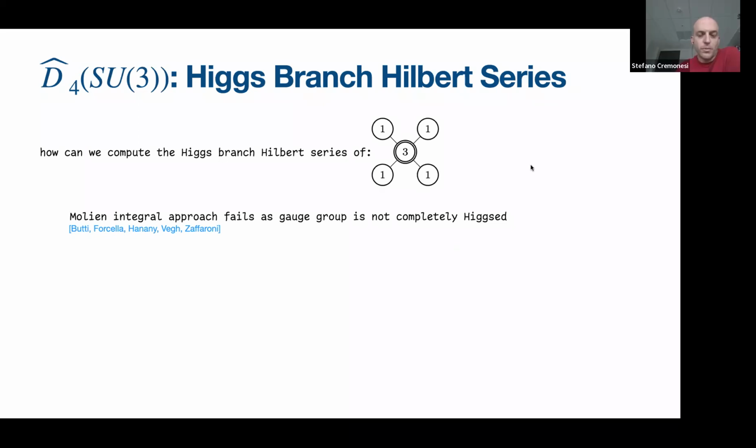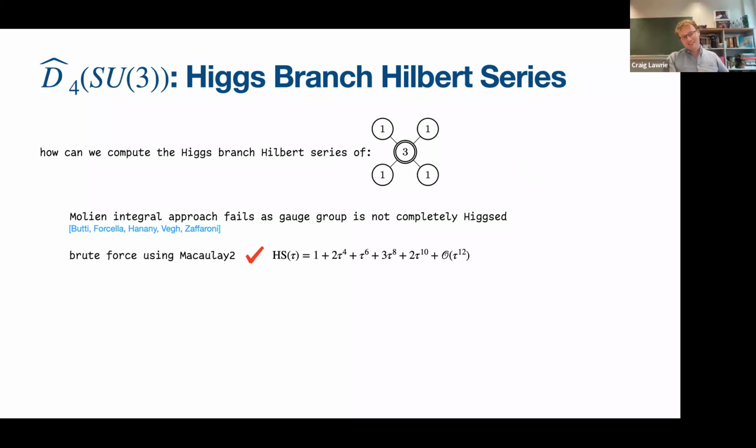Sorry, what do you mean by that? I mean, I can plug in the F-term equations into Macaulay and calculate the Molien integral. It's just that the naive integrand is not the correct one. Indeed. Okay. That's precisely what I mean. Maybe I should add the word naive somewhere in there. Thank you. But indeed, what we did is you can brute force this thing using Macaulay 2, and you get an answer. You power through all the F-terms and so on, and you get this thing. Although this is particularly special to this theory, that you can have enough computational power to do this in this brute force way.